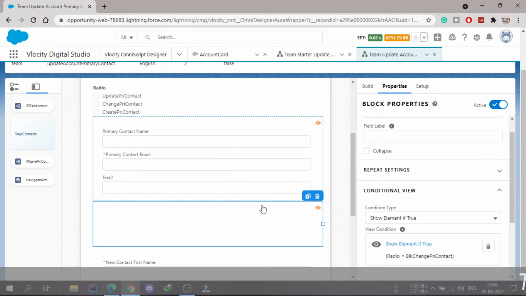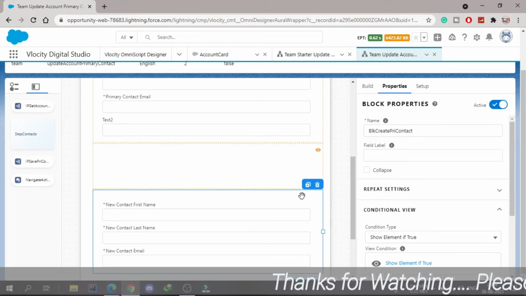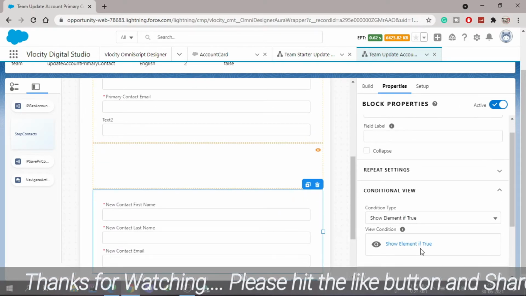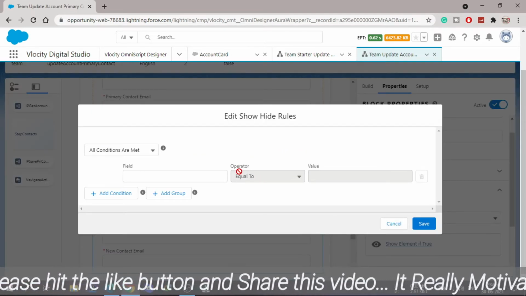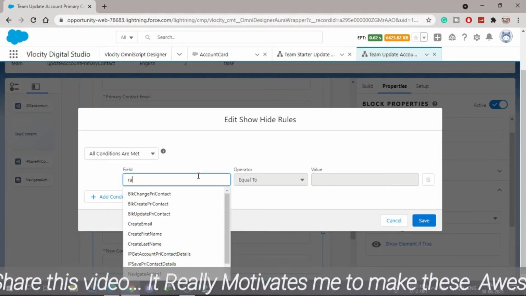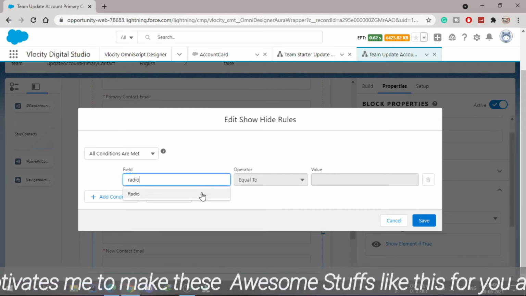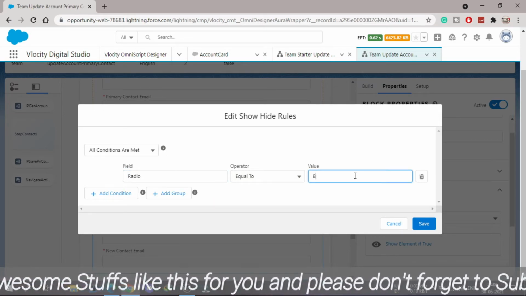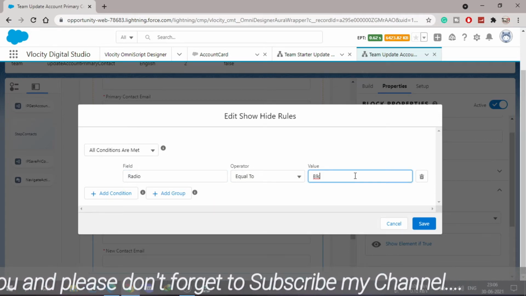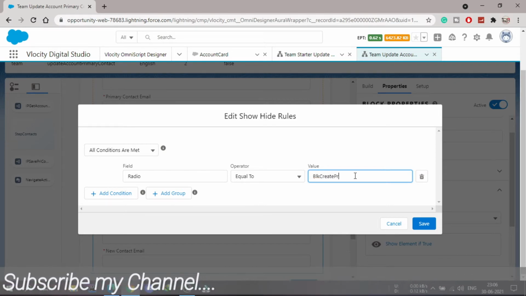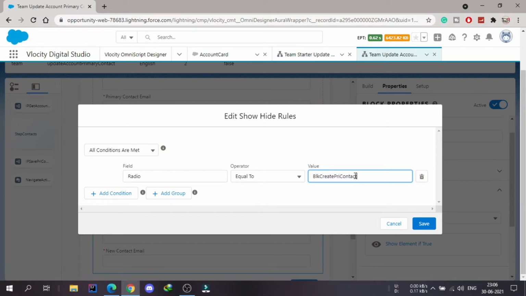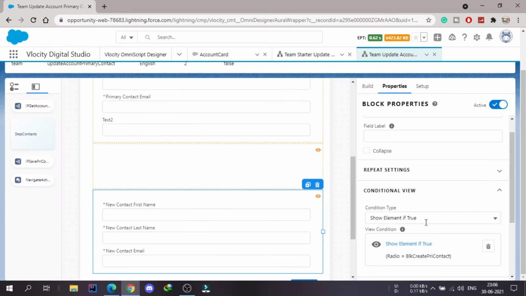Save this, and on the third block I will create another condition, and it will be the radio, it should be equal to block create primary contact, and I will save this.